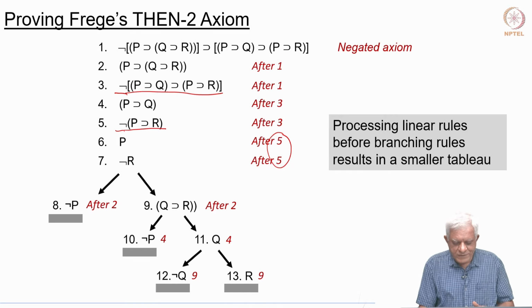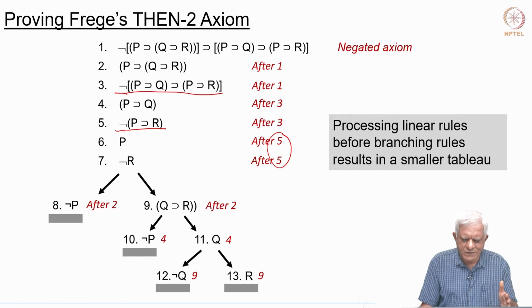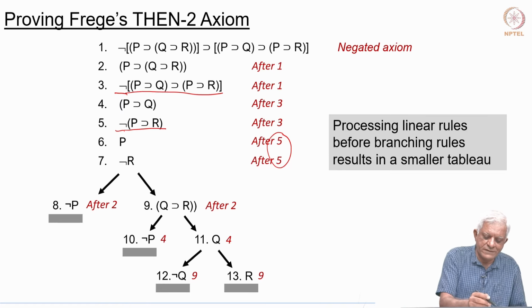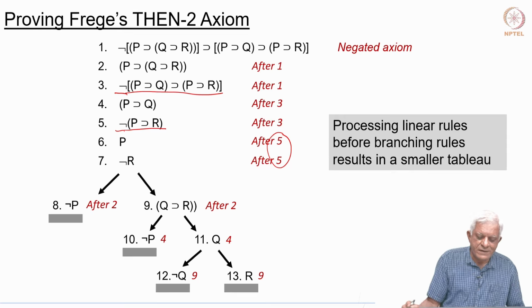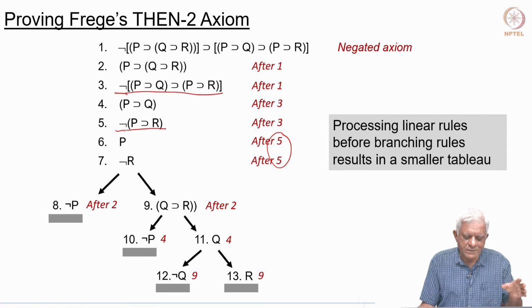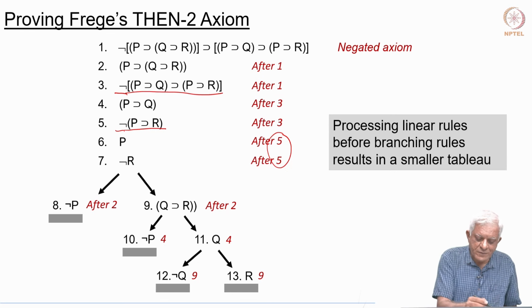shorter proof. As you can see, this proof is much shorter than the one we saw, in which we just blindly processed formulas in the order that they were produced. So, first we used one, of course, there was no choice. In the previous proof, we produced 1, then we produced 2 and 3, we used 2 first, then 3 and so on. In this example, after we have produced 2 and 3, we did not use 2, but we used 3 essentially.